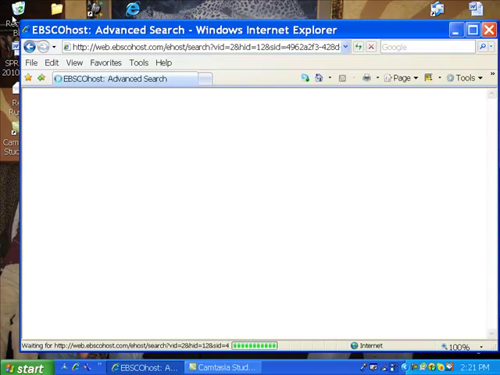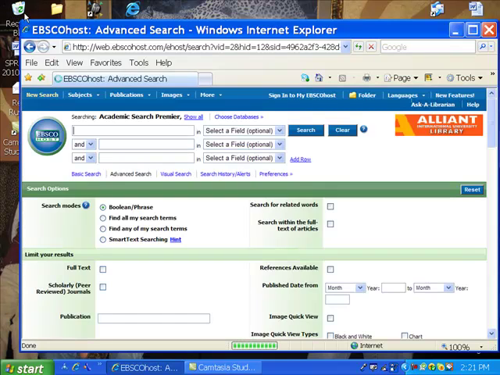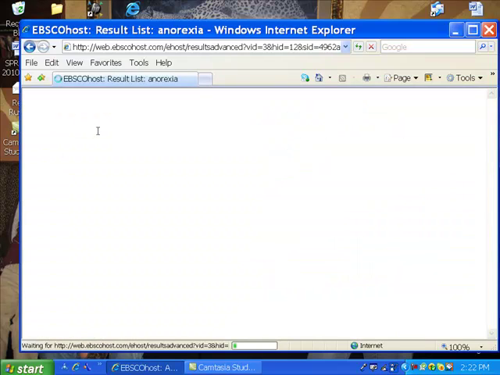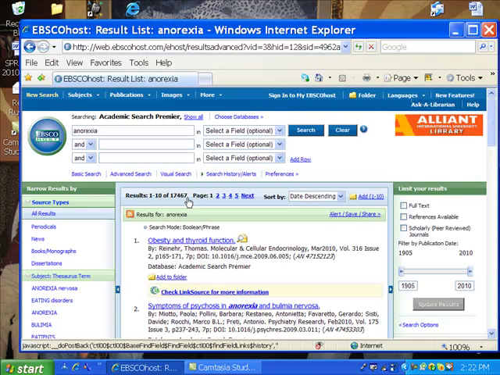This is going to bring up some search fields where we can insert our terms. And as I'm showing you this, I'd also like to show you two tips. Well, initially you can see the Boolean operators here, and we'll do a simple AND search. Start with the original term as we used in our catalog, anorexia. And of course this most predictably will bring a large number of results. 17,000 results plus. So you might want to limit by including other terms.